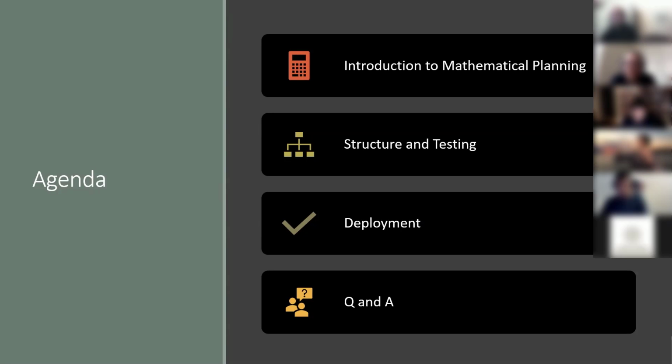We'll then have a section where we talk about the structure and testing of production models. There's some things that we have learned by doing this in production at scale, where if you just follow some pretty simple practices, it's going to make your life a lot better in terms of code maintainability and testability. And so we're going to go over an example project that is also included in the repo. It's a very simple model, but it kind of illustrates how to structure code and how to put it together in such a way that it's easy to grow and maintain and debug.